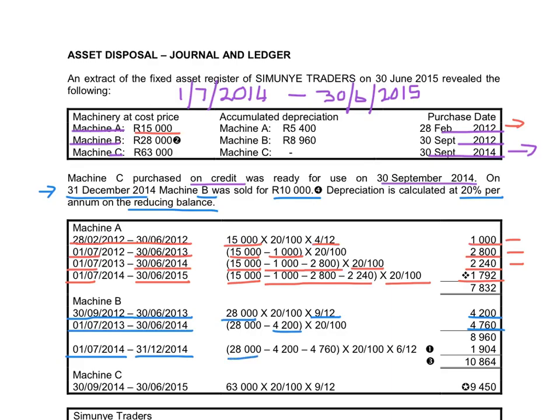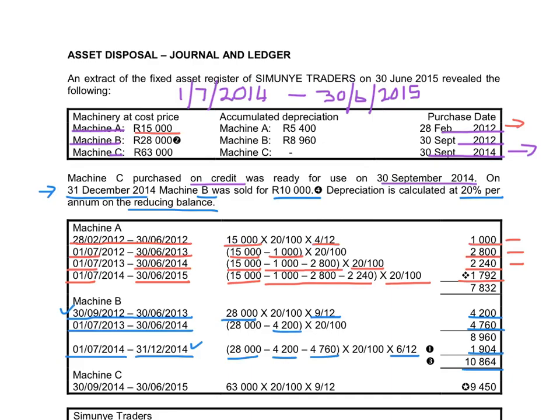28,000 minus the 4,200 in the first year minus the 4,760 in the second year, and we only used it for 6 months. So my depreciation for the current year, that is step number 1 when I do asset disposal, will be 1,904. In step number 3 of asset disposal, I have to determine what is the total accumulated depreciation from the purchase date until the sales date. So that gives me